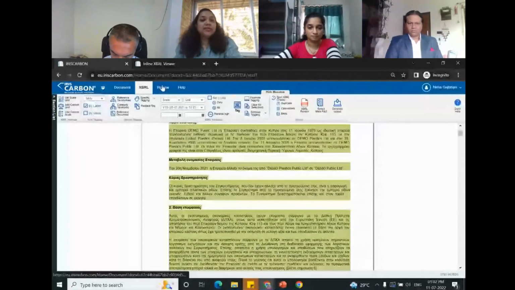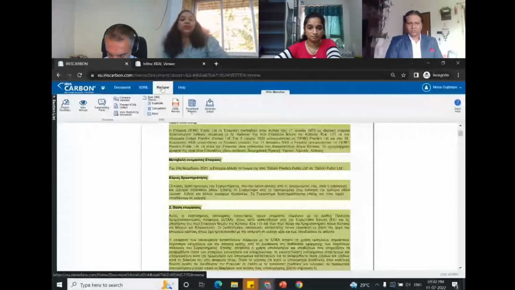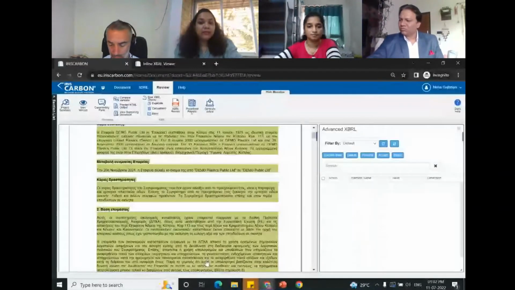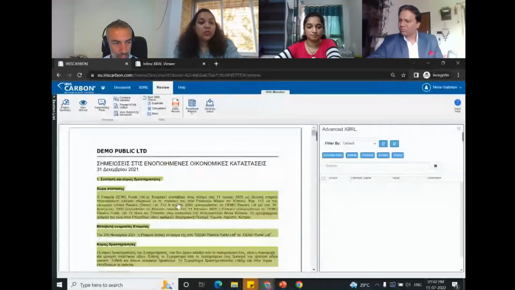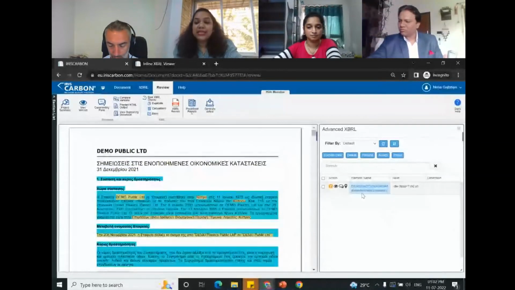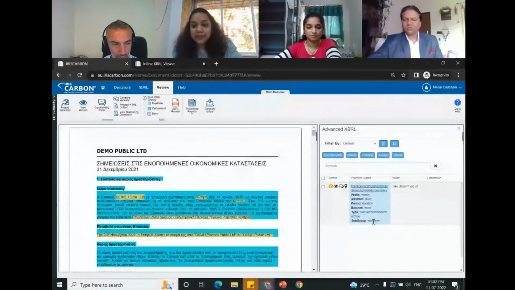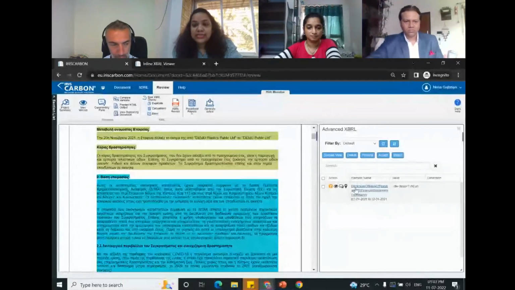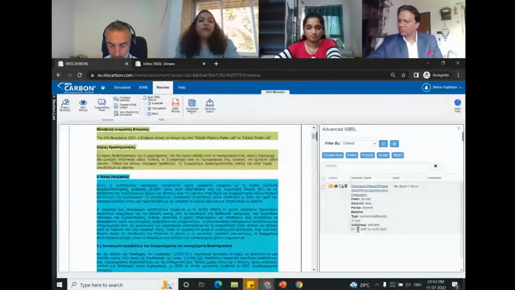The process is similar to how we review the financial statements. On the review menu, we go to the iXBRL review pane. And if you click on the note, you would be able to see the element, its properties, and the period which has been assigned. So if we see note number 2, you can see the element, its properties, and the period. And once you are okay with it, you can take the appropriate action against the elements.